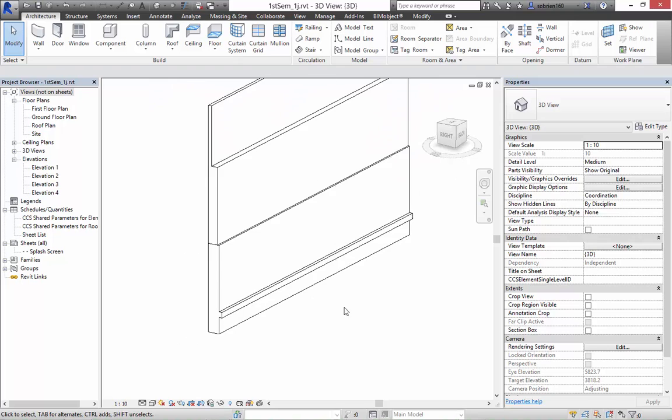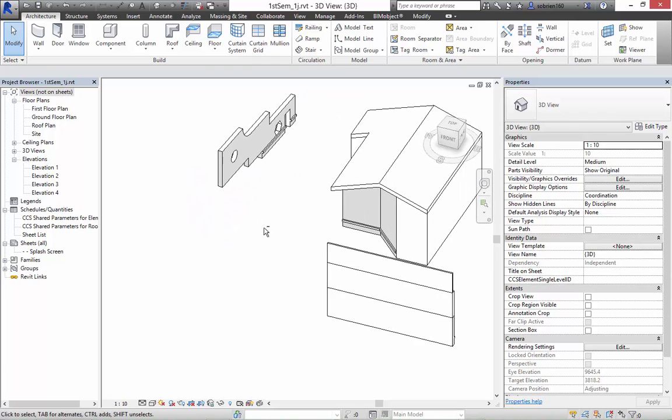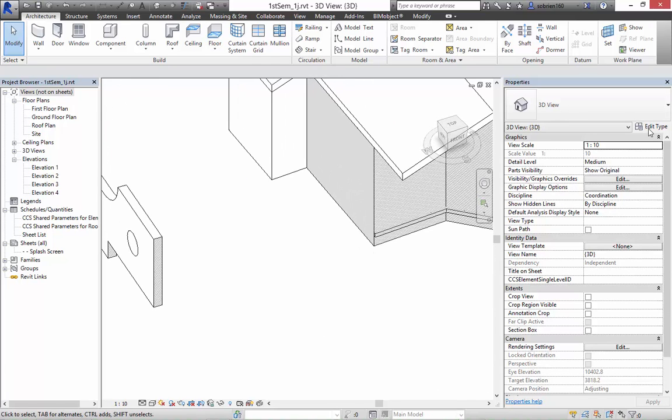Yeah, sure. Which one, the stacked wall or the overall? No, the original one. Okay, so I'll just put another one in. I'm just going to select the wall type again,